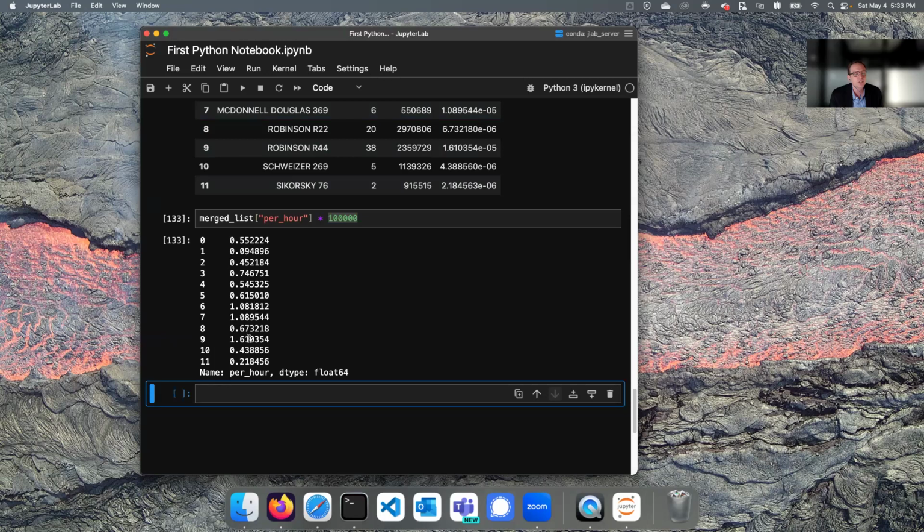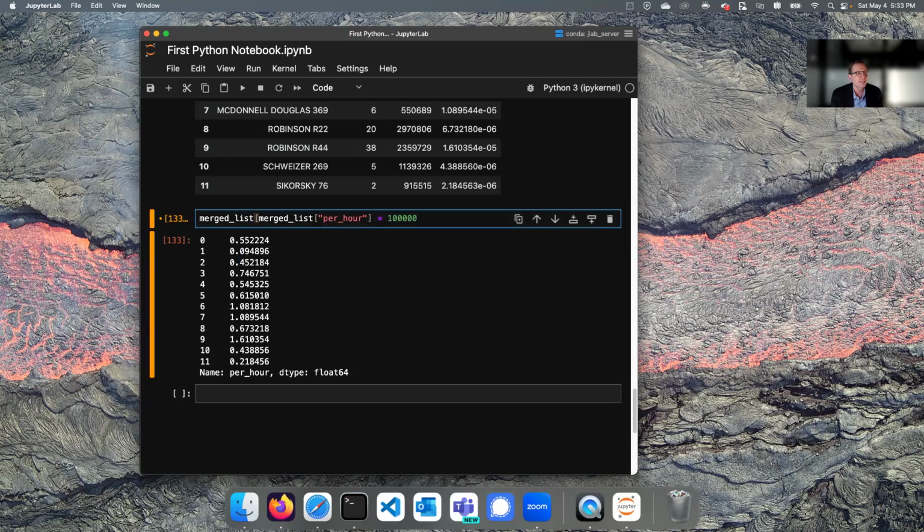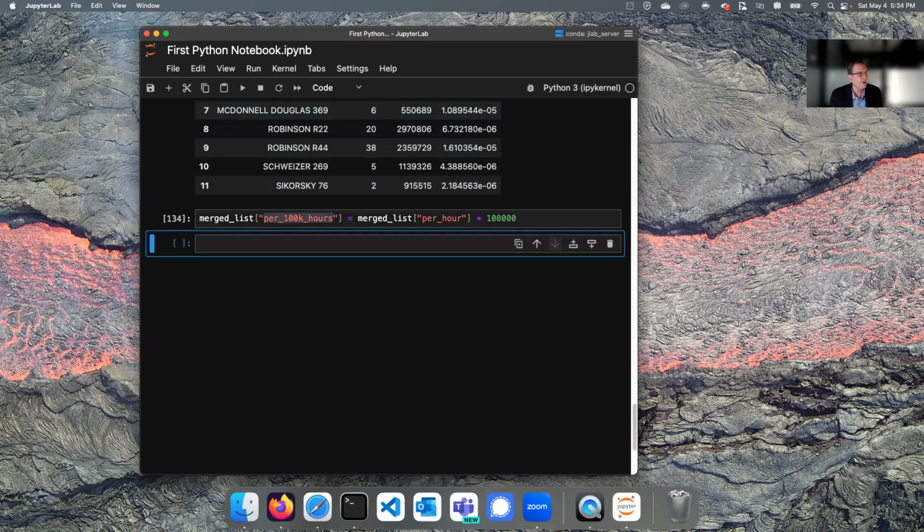We see here that it's really the same numbers. It's just the zeros get shaved off and they now come out as something a little closer to legible, 1.0, 0.4, etc. I want to save that finally back into our data frame. So on merge list, I'm going to invent another new column, and this one I'm going to call per 100K hours. Again, totally debatable. This is just me inventing a new column and trying to come up with a concise and clear name for it. The first one was per hour. This one we'll call per 100K hours. Now I run it, and boom,